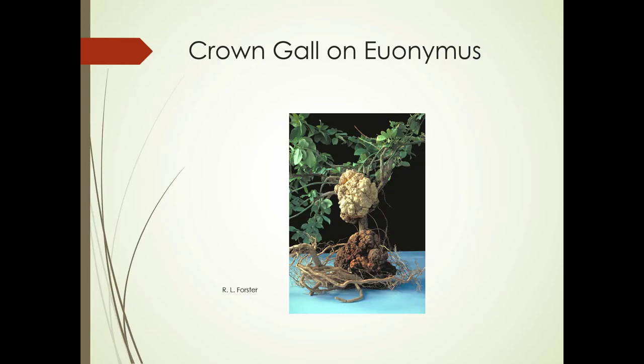Here it is on Euonymus. Also fortunei, so be on the lookout there, and there's some on campus. Hopefully, if you're on campus at any point, check it out. But you can see the upper gall here is white, so it's a young gall, but then below we've got an older gall. This plant's a goner.